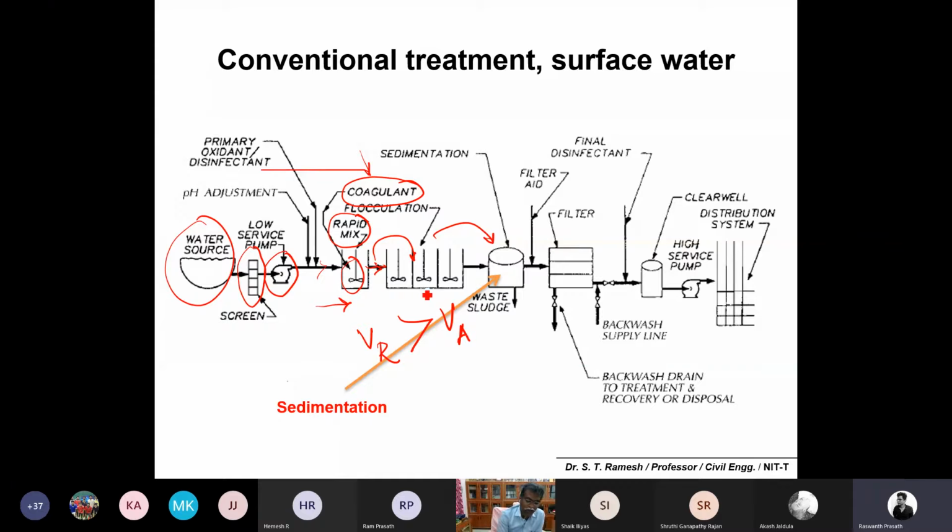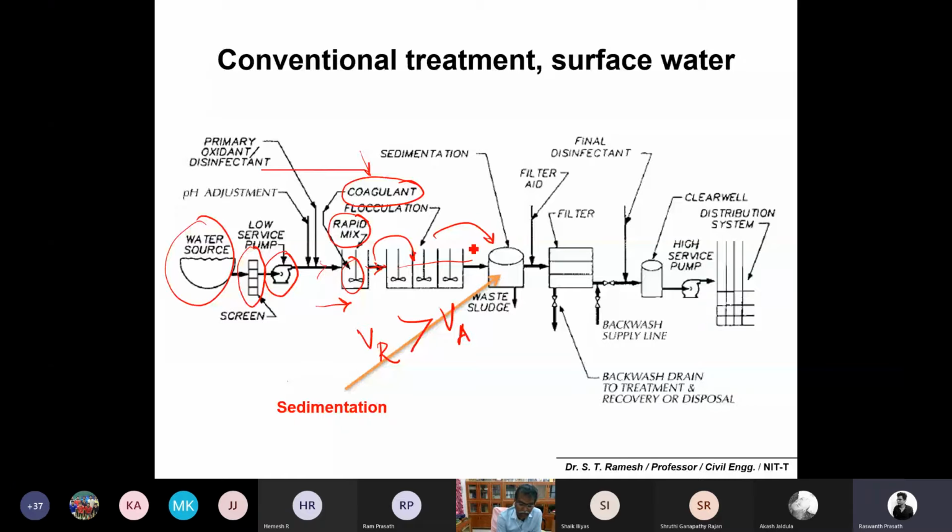Both flocculation techniques may be influenced by different mechanisms. You provide a simple agitation or mixing, so that the flocs already formed during the rapid mixing process can be brought together, or you can enhance the process so they collide with each other and form bigger flocs. Because of the simple mixing, floc formation may take place and aggregates may form, but here I will not allow the particles to settle. Is it okay? Up to this we have discussed.